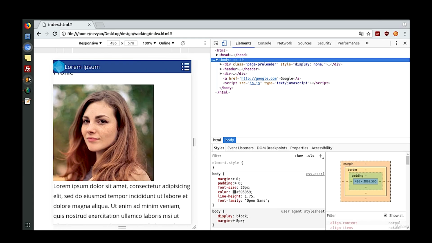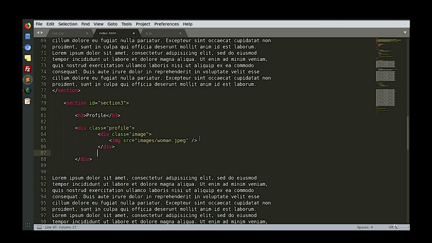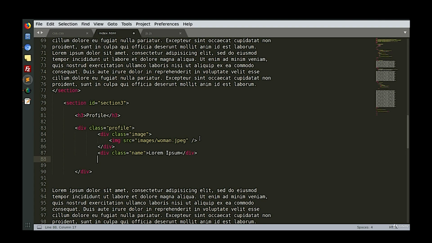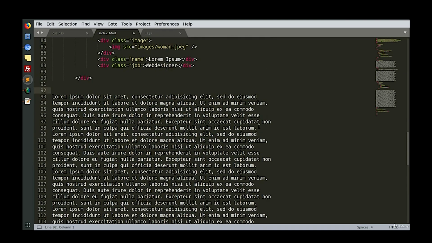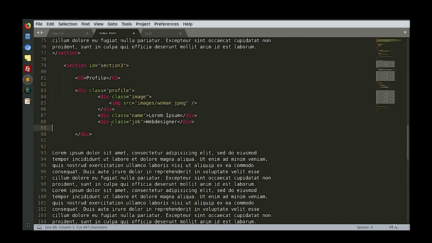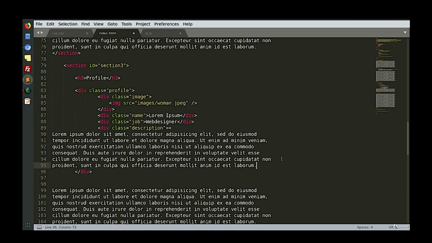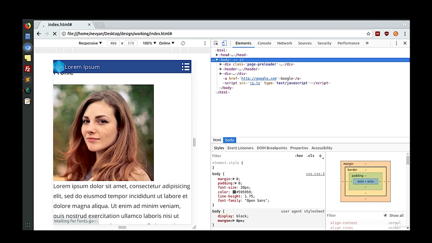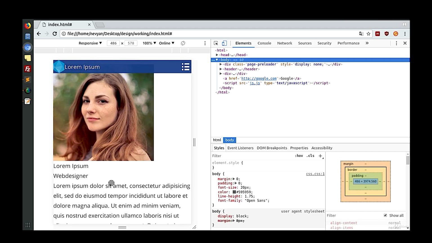Okay, we'll fill in more information about the profile. We'll give it a name, then a job, let's say web designer. Afterwards, this will be our description of the profile. So we'll grab some information from here, and inside within the class of description we'll place all this information. We'll close the div, and so far we should have this structure inside here: profile, web designer, the name, and